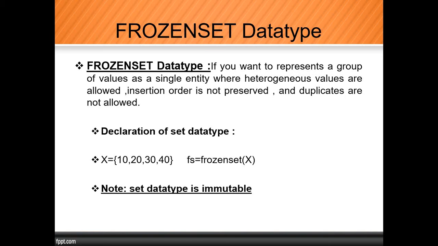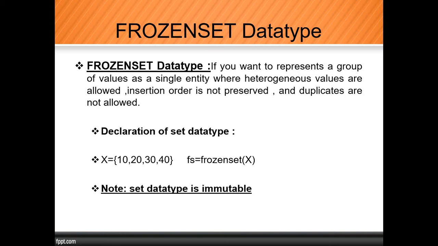Another important thing, duplicates are not allowed. Only two data types are available in Python, the set and frozenset, which don't allow duplicate values. All the rest of the data types allow duplicates. There are 14 data types. Among them, 5 are fundamental data types and 9 are advanced data types. Let's skip the 5 fundamental data types. Among the 9 advanced data types, only 2 do not allow duplicate values. Make a note of that.